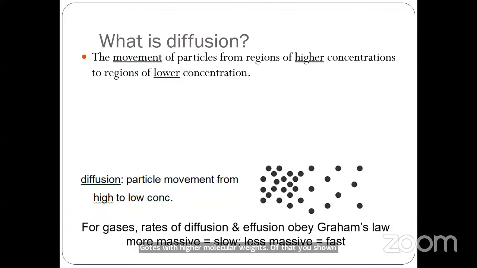We can liken it to two people, one that has an athletic figure, and the other one that perhaps doesn't do exercise and is not fit. And then you ask the two of them to walk from one end of the room to the other. You see that the one that is very fit or athletic will move quite faster than the one that is unfit. So the same thing